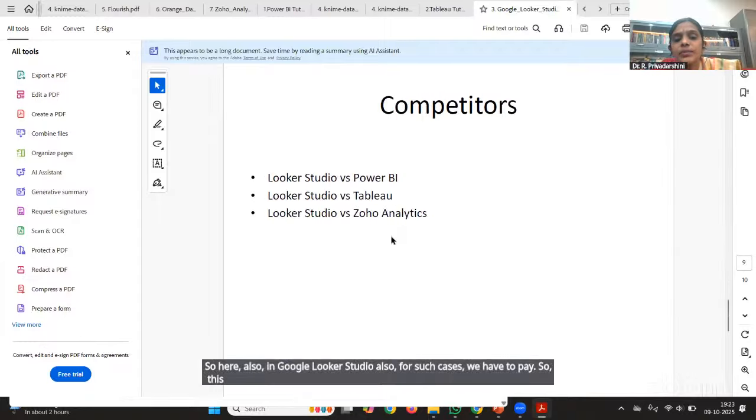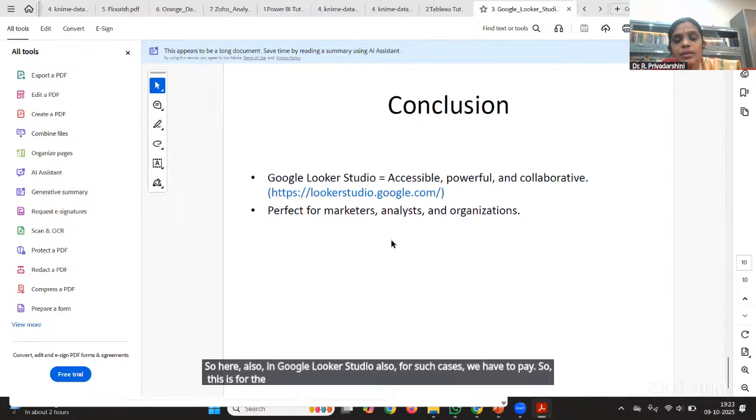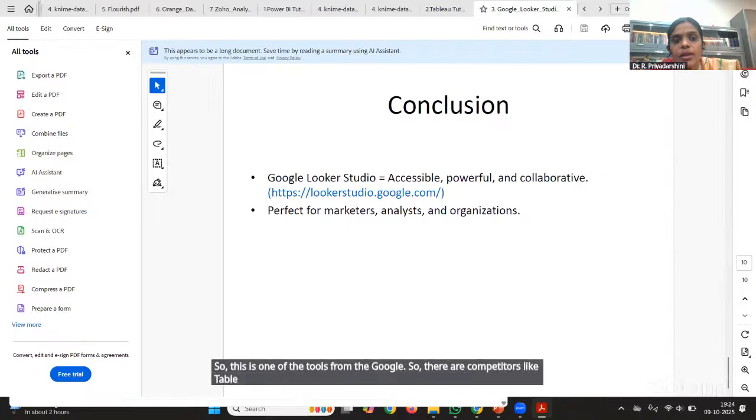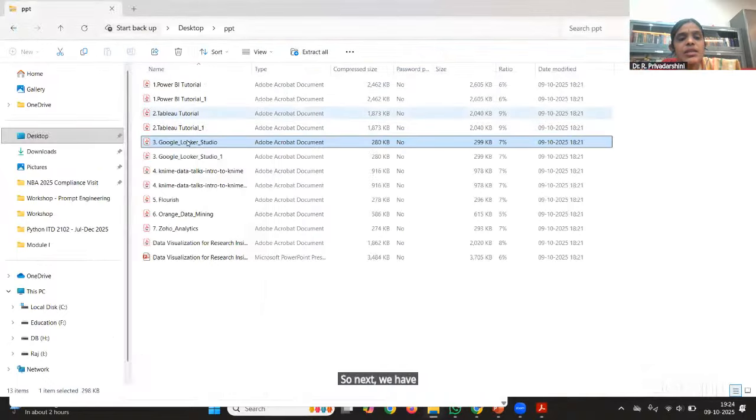So this is one of the tools from Google. There are competitors like Tableau, Power BI and all. So next we have this